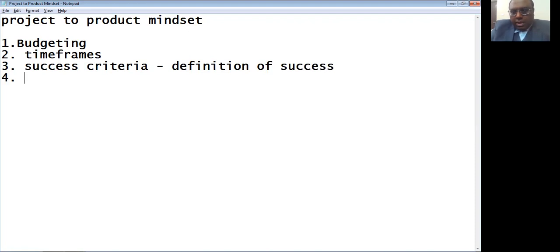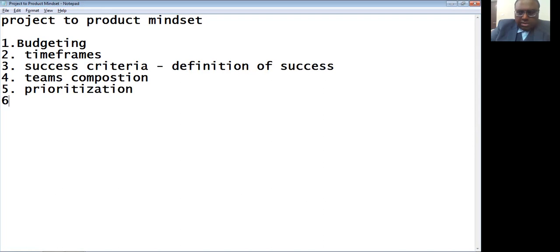The fourth could be the team's composition, and what kind of approach we are using for prioritization, and possibly the visibility aspect, and also the risk dimension.